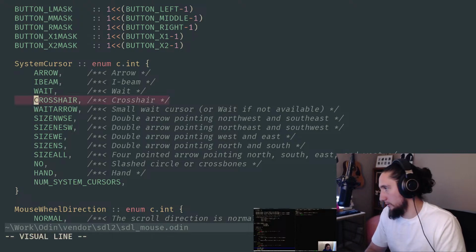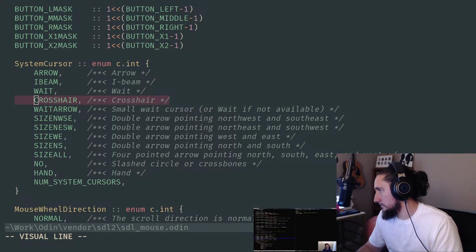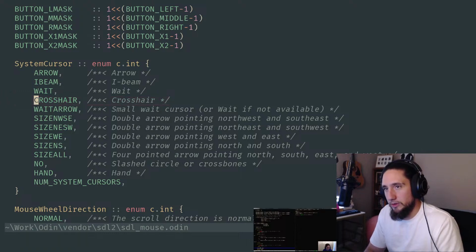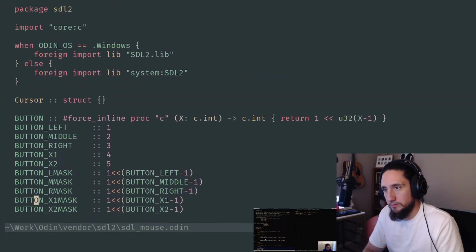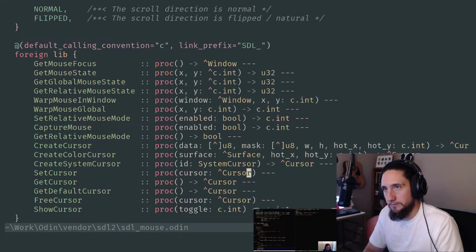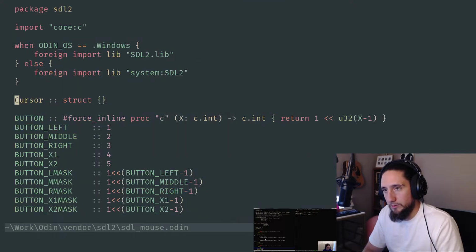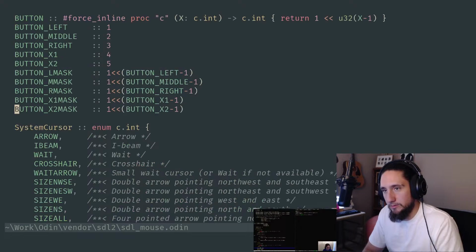Like if we were to just set it to, what did he do? He did the crosshair, I think. Yeah, IDC cross, whatever the IDC stands for, I don't know, but that's what I want to do. I want to say, let's set the cursor to be a crosshair, right? This takes a pointer to a cursor. A cursor just looks like an empty struct here. So is it as simple as